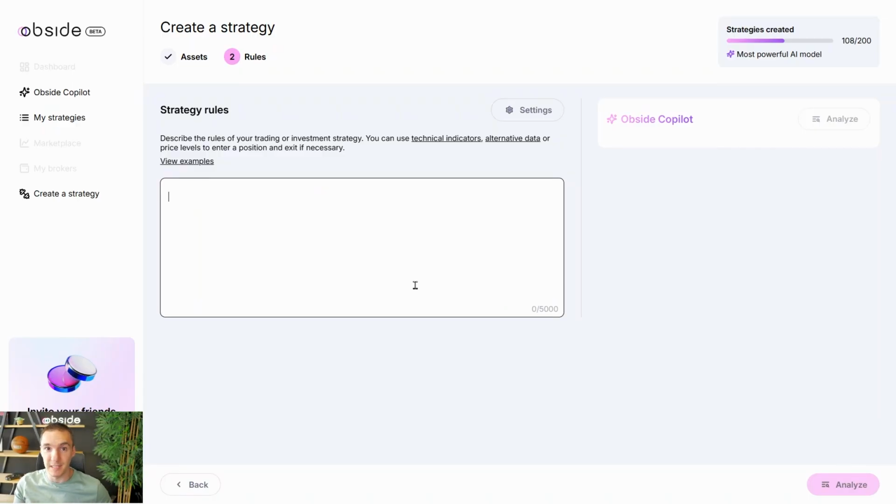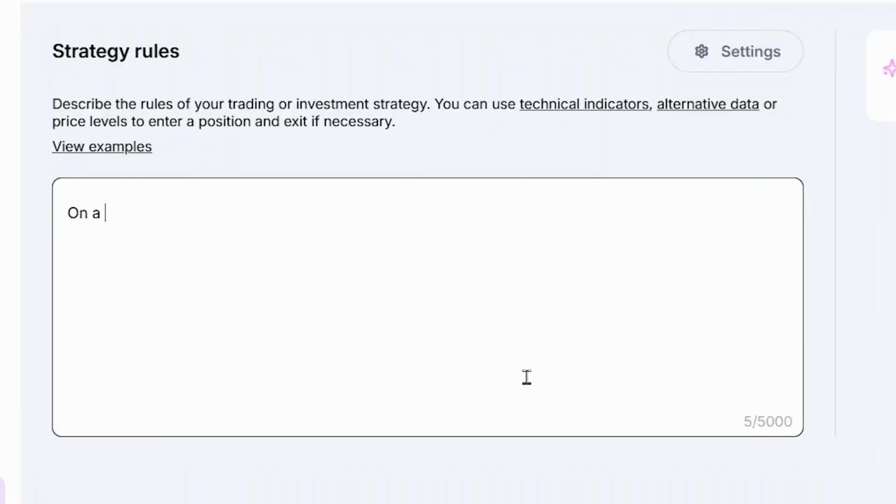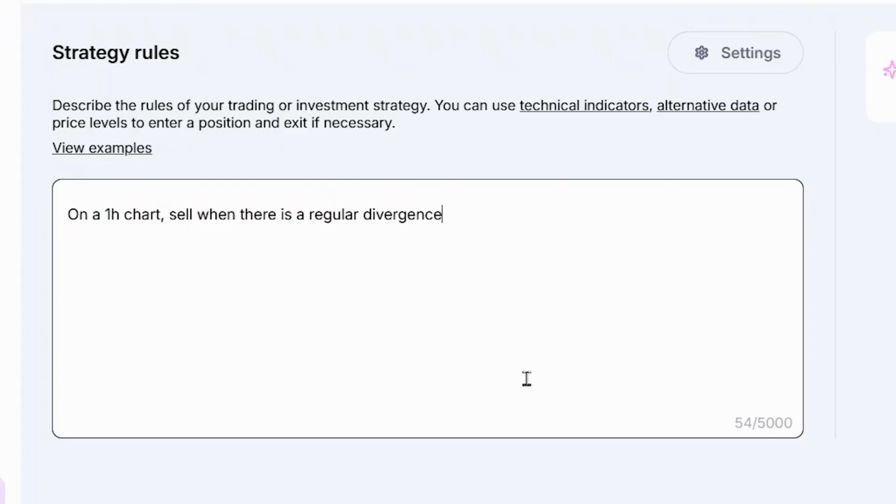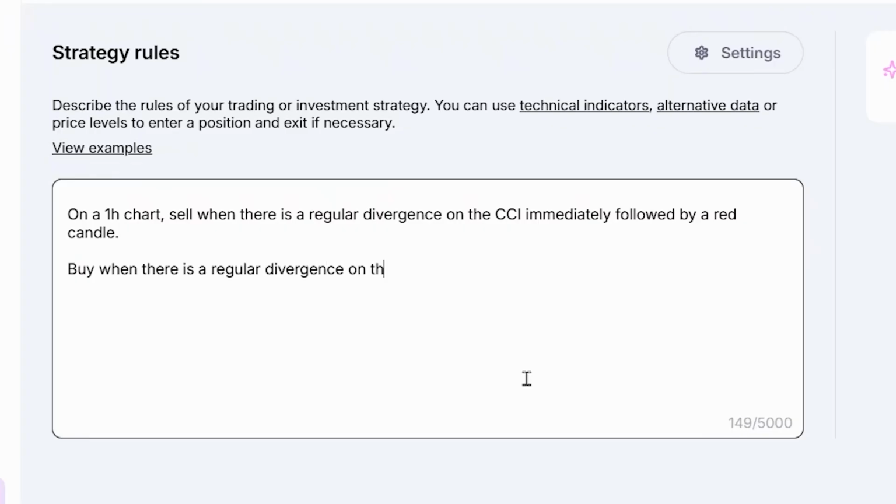Okay, what we're gonna do now is backtest on the Nasdaq a trading strategy that trades all the divergences that occur, all the regular divergences on the CCI. So I'll prompt it like this. On a 1 hour chart, we'll say sell when there is regular divergence on the CCI, immediately followed by a red candle. And I'll say buy when there is a regular divergence on the CCI, also immediately followed this time